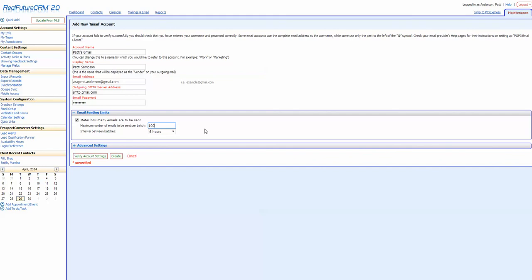This may only be a problem if you want to say send everyone in your database the same email at the same time. If it does, it's going to meter it. It's going to schedule it out over a time frame. And so if you had 1,000 people, then you would only get 100 going out every 6 hours. So you can place this however you want, but right now I'd recommend 100 no more than 6 hours to prevent that from happening. You don't really have to worry about advanced settings right now,